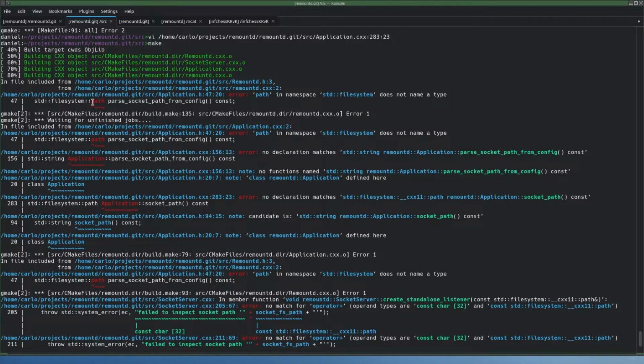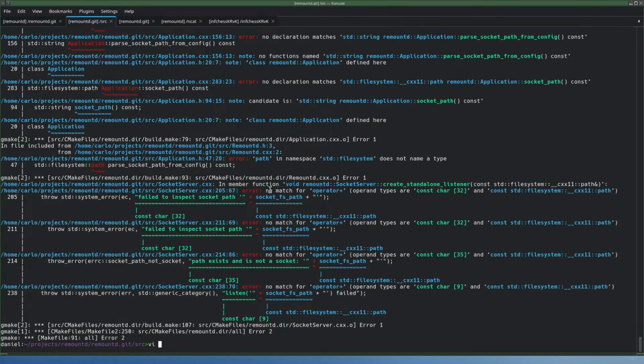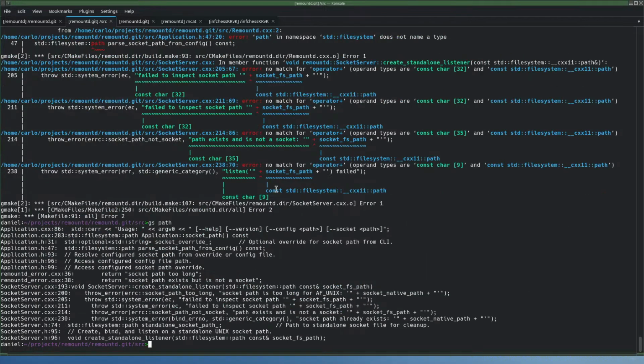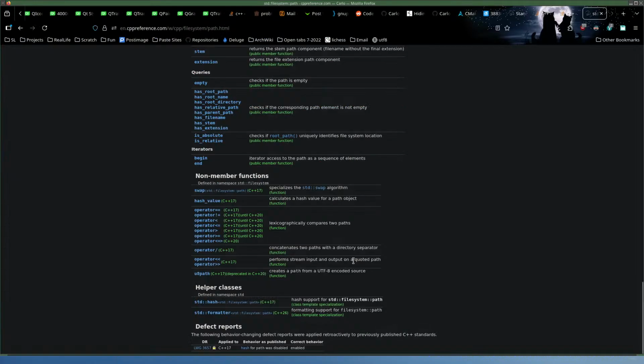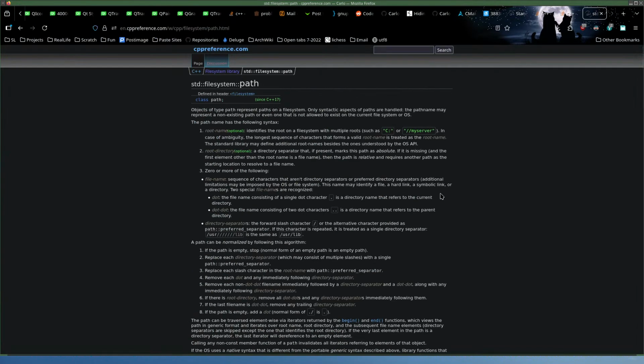Okay, what the hell? Change when is that not existing? Standard file system path in head of file system.